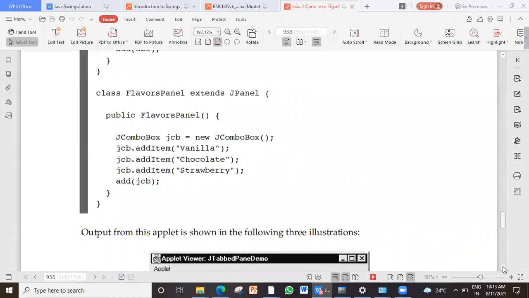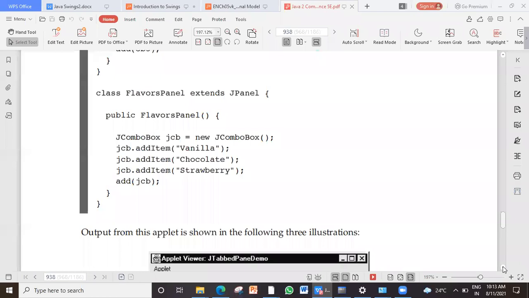Drop-down lists are of 2 types. Although it is not specifically mentioned in your syllabus, let me tell you. One is a list box, which purely gives you a list of values that user must select from. Right? There is a combo box, which is a combination of text box and list box. What does that mean? When you are provided with the text field, you can type in the values. When you are provided with a list, you can select the values. Combination of that means what? You can also select from the list of values, but suppose the value which you want is not available in the list, you can also type.